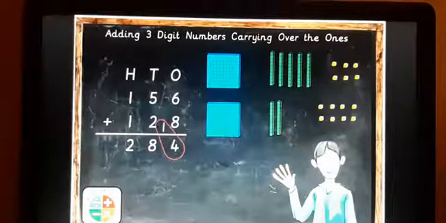So we will see here. In this example you can see, the same as we did in the previous one. Ones means it will be a single, only six dots. 5 in the tens place means each stripe has 10 blocks, so 5 stripes are there. Hundreds means 1 is there, so 1 full sheet which has 100 small boxes. Like that, hundreds place.